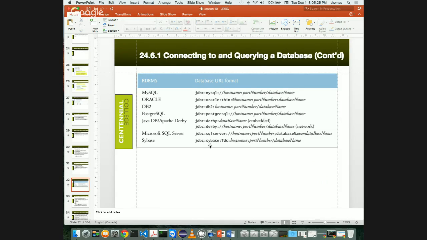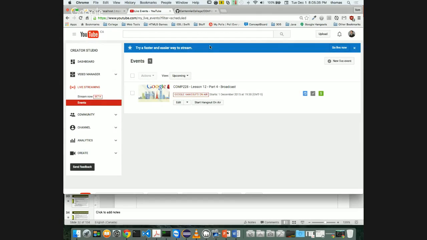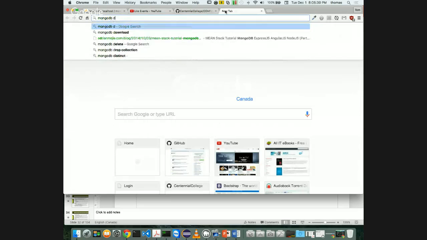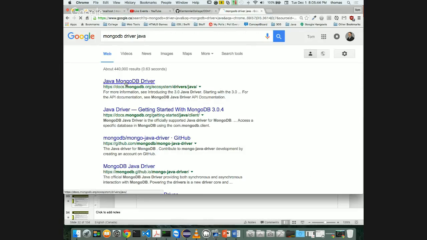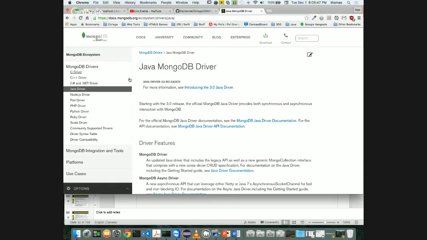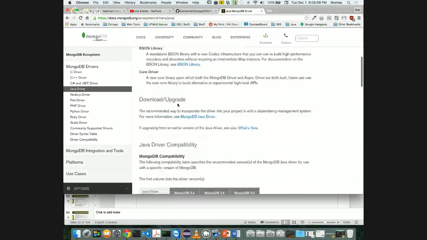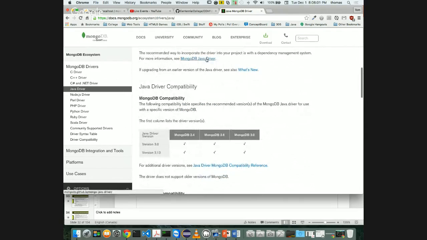And just curious, do you think that you could connect to a Mongo database, a NoSQL database? Do you think they have a driver for that too? And of course, to look that up, you just go to here and you say, MongoDB driver Java, if there is one, right? So Java MongoDB driver is an example. And you can see that if you went to MongoDB, there might be a driver for Java 3. So I'm using the 3.0 Java driver, right? There it is. And you can download the MongoDB Java driver, and you would install it inside of our database